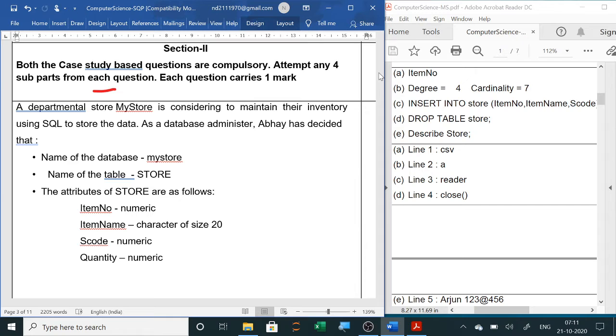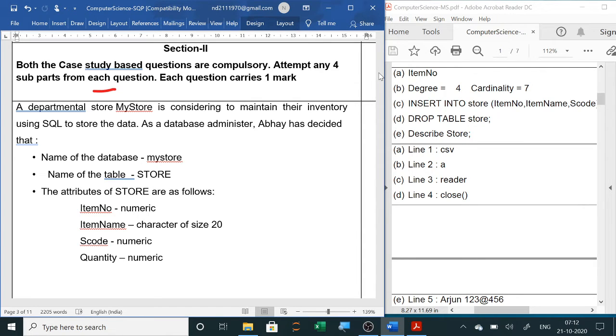In this section 2 of part A we have two case studies. These case studies have 5 questions of 1 mark each, out of which we have to solve only 4 questions. So we will start with the first. A departmental store, My Store, is considering maintaining their inventory using SQL to store the data.